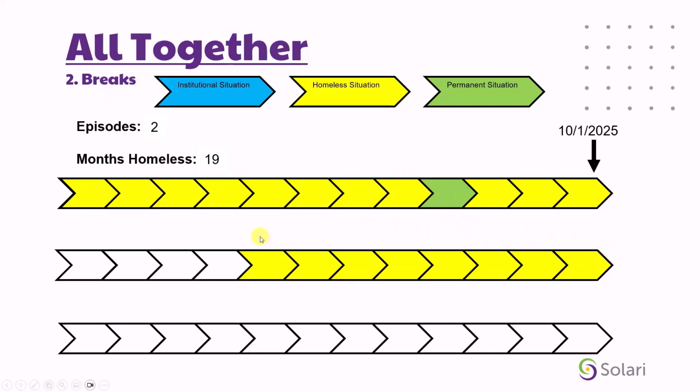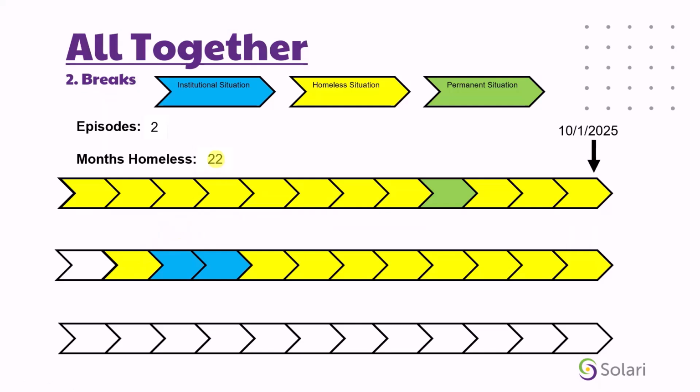Now, after some discussion, we do learn that the client, prior to being on the street, was in a hospital for 60 days. At this point, you'll notice that the episodes and the months homeless haven't changed, because we don't have enough information to determine if this is another episode of homelessness before this or what the situation is. They may have been living in a permanent housing situation before this or back on the street. After some discussion, we learned prior to staying in the hospital, they were on the street once again. And so now we're going to add 3 months of homelessness to their total.